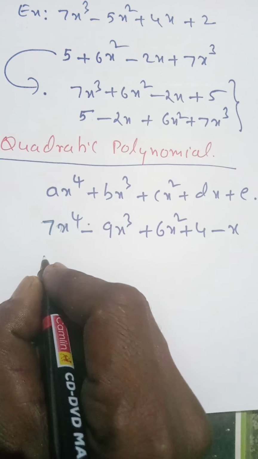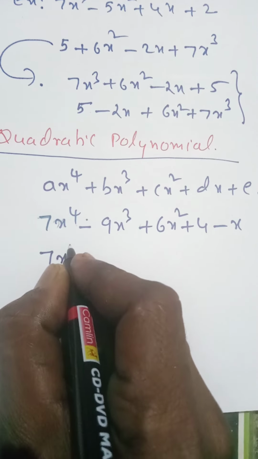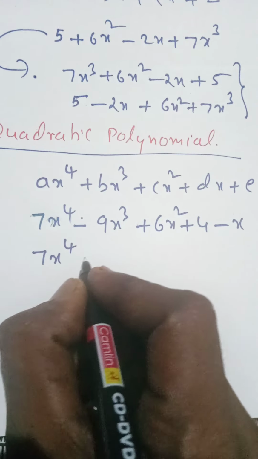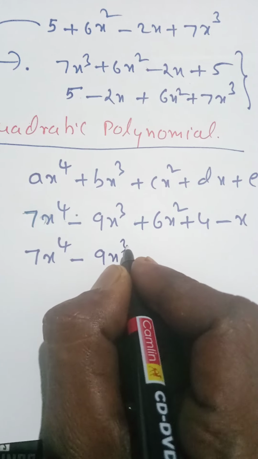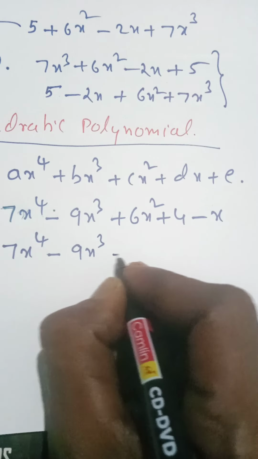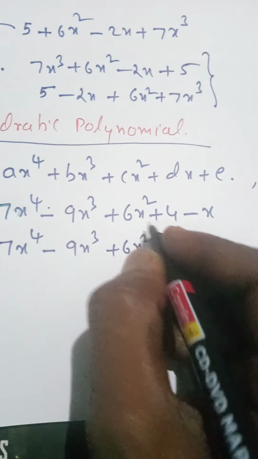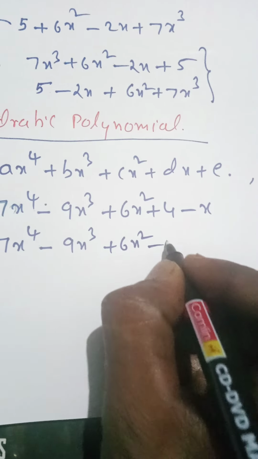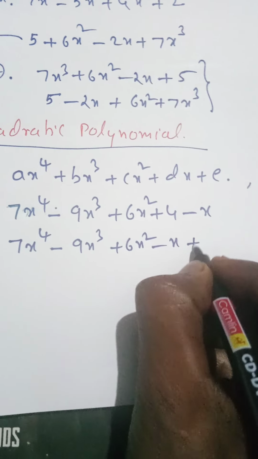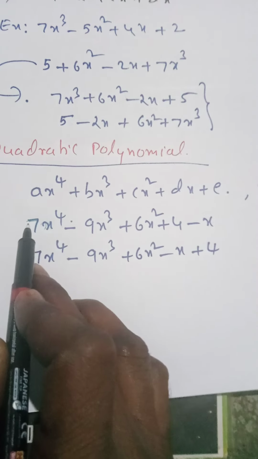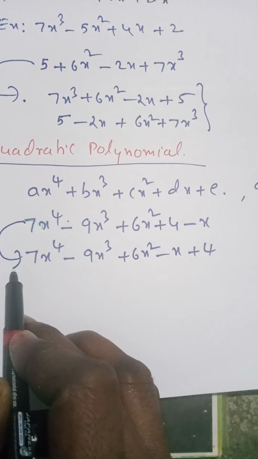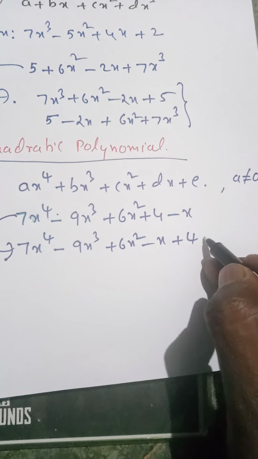order. So we can bring all these terms into order, starting with the highest power 4 term, then after that 9x cube, x power 3, then we will take x power 2, that is plus 6x square, and x power 1, that is minus x, and the last constant term. If I rewrite all the terms of the polynomial in this way, then it is said to be in the standard form.